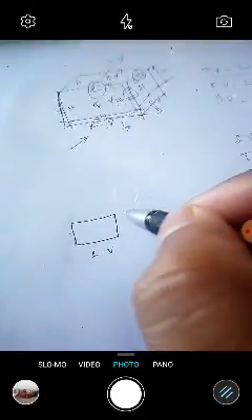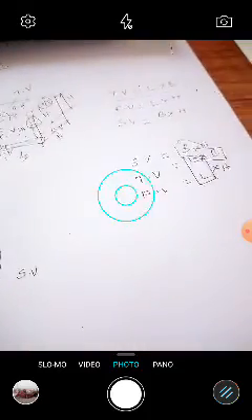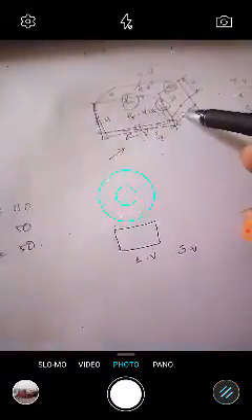For an example, this is my front view. And what is a common thing between a front view and a side view? Front view, side view, in both, what is a common thing do we have? The common thing we have in front view and side view is nothing but height.